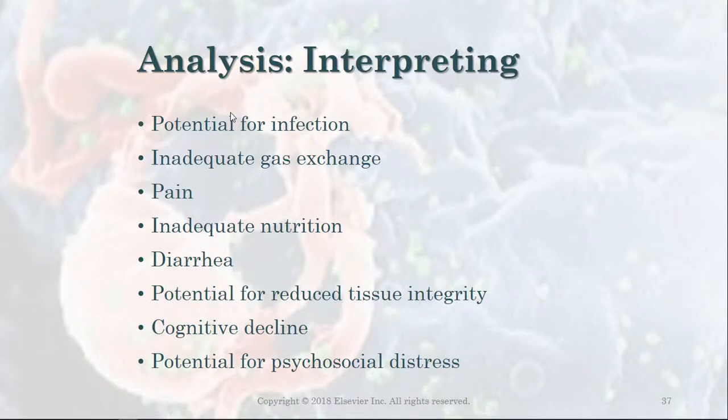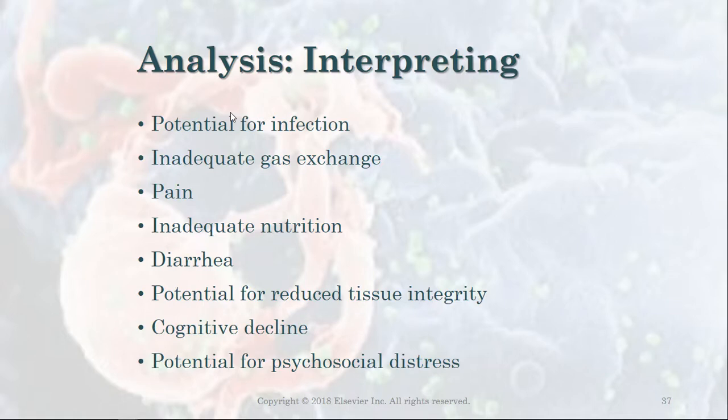So an analysis. They have a potential for infection. That's one of the nursing diagnoses that we can equate to a person with HIV or AIDS. Inadequate gas exchange, pain, inadequate nutrition, diarrhea, potential for reduced tissue integrity, cognitive decline, and potential for psychosocial distress. Some additional nursing diagnoses are reduced skin integrity, confusion, reduced self-esteem, potential loss of social